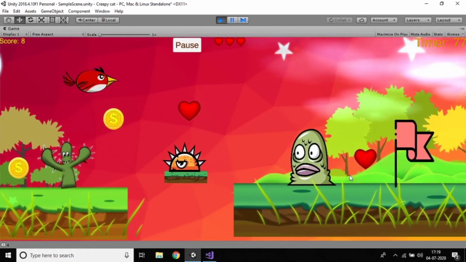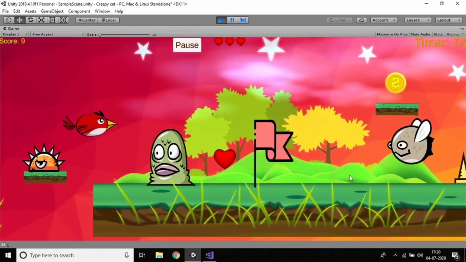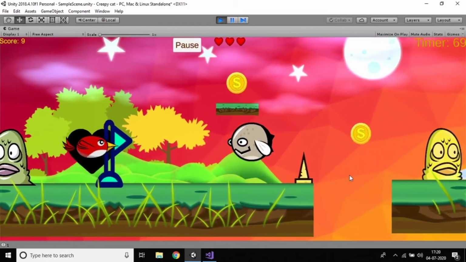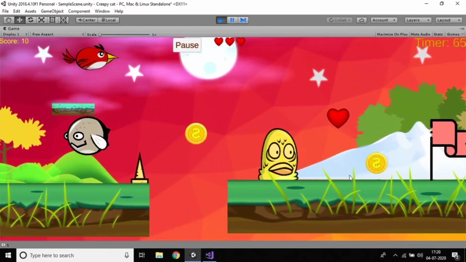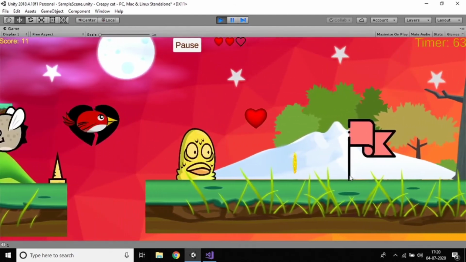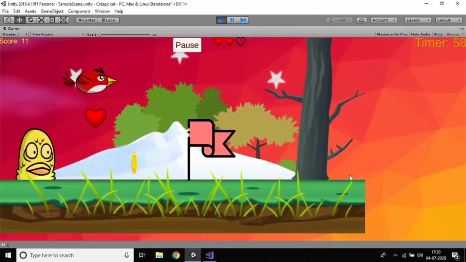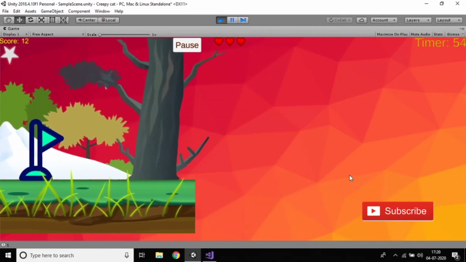Such a tricky game. Actually I don't want to lose, so that's why I'm working on this. Now we can check.